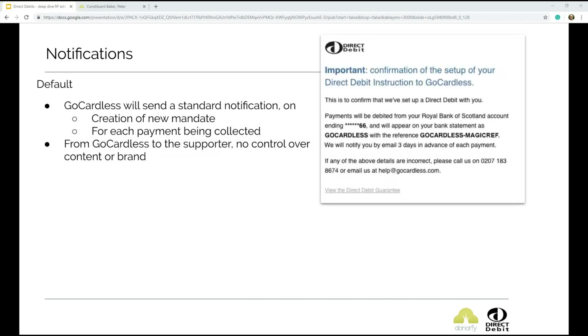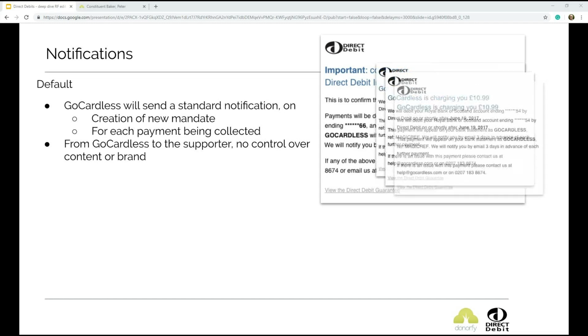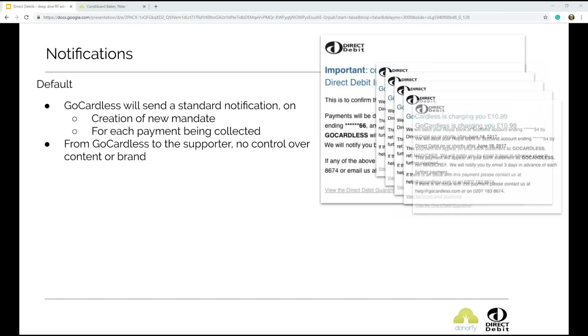These take place from GoCardless to the supporter, and you have no control over the content or the brand. So they look like this, and then they just keep coming. So if someone was giving to you monthly, they would get 12 emails a month saying that payment was about